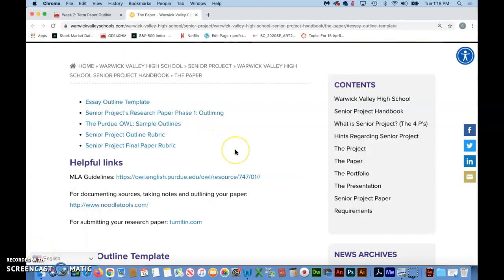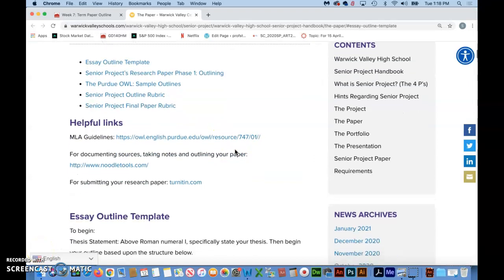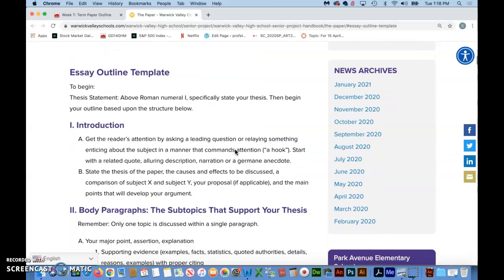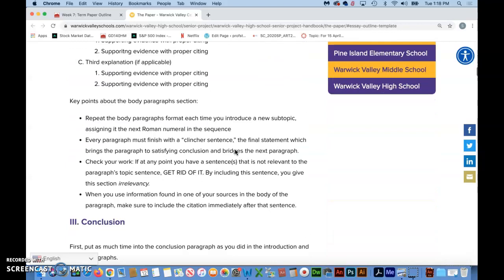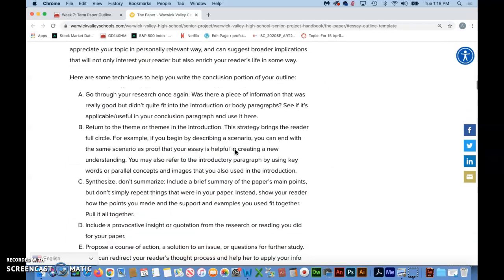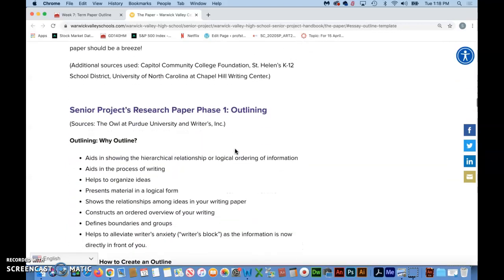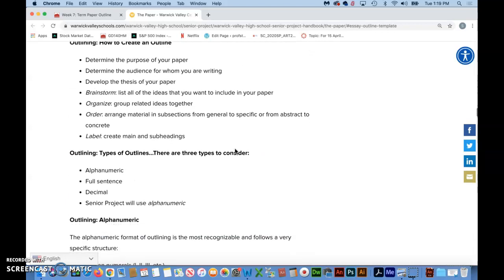Things that your instructor will be looking for in grading your outline is that it's obvious that you actually read through here and took some advice from this website to make for a very good outline. Obviously, your instructor will be looking for the fact that your outline remains very logical and that your conclusion stays very logical with the body of your paper and the thesis and introduction of your paper.